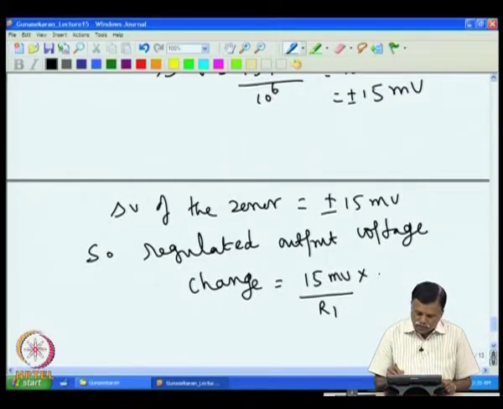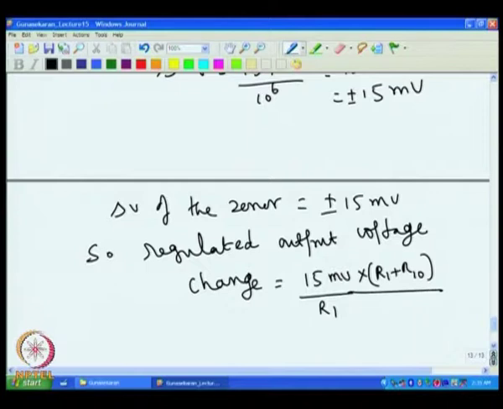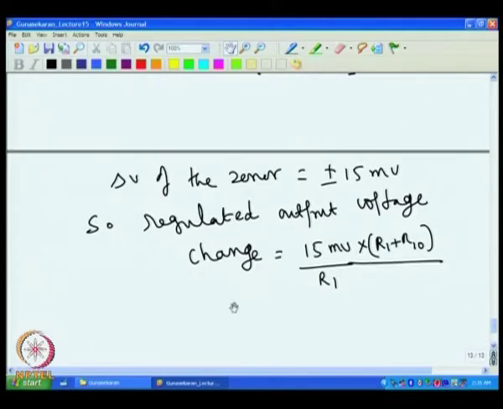R1 into R1 plus R10. That is the expected change in the output voltage, because 15 millivolt divided by R1 gives you the current change, and R1 plus R10 is the total resistance. So, that will be the total change in the output voltage. If you work this out,